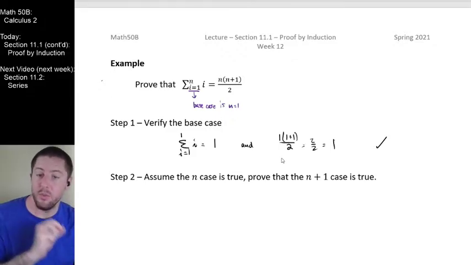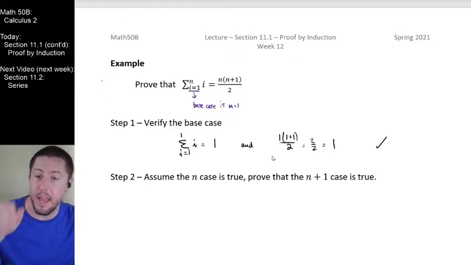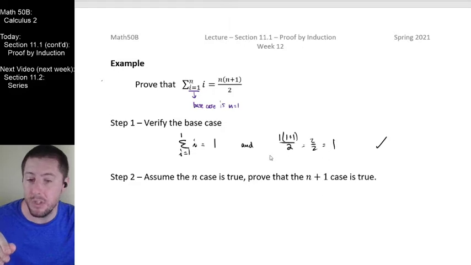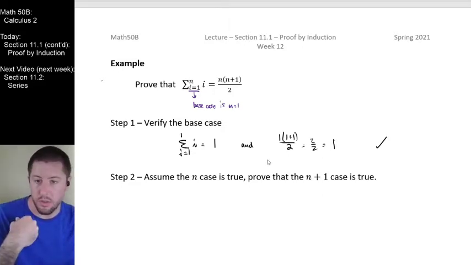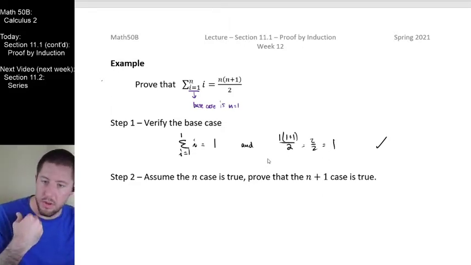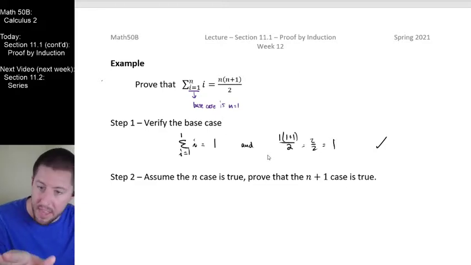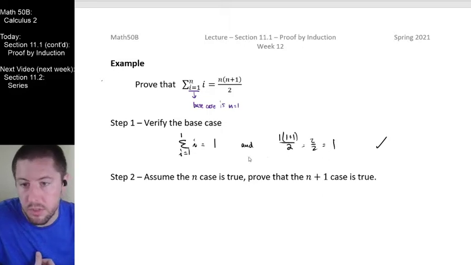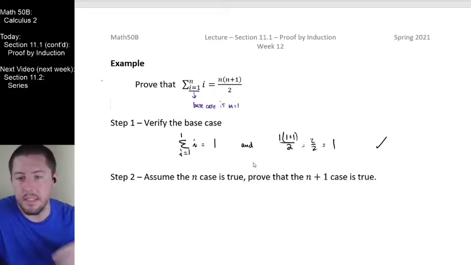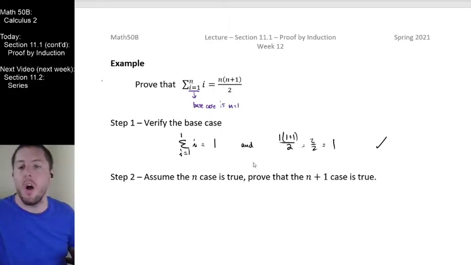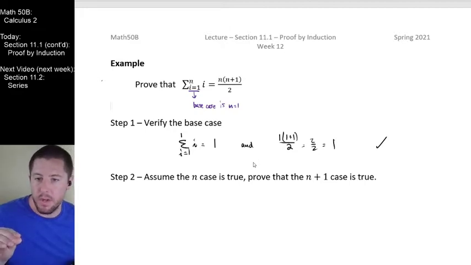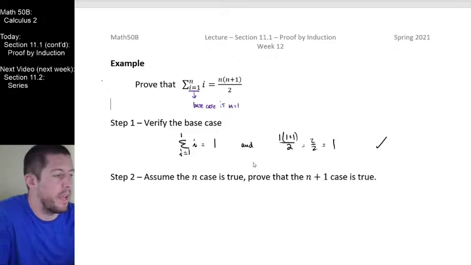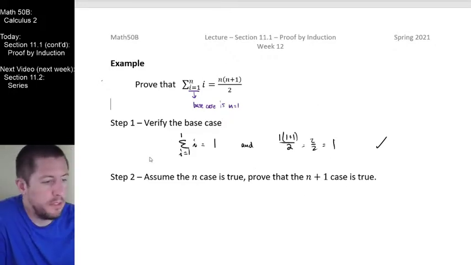So then I can reuse the inductive step to say, now I know that n equals 2 is true, I would like to use that to show that n equals 3 is true. Now that I know that n equals 3 makes it a true statement, let's use that to prove that n equals 4 is a true statement. But all of those sentences that I just repeated with different numbers are the same version of: if it's true for one case, prove that it must therefore also be true for the immediately following case. So we are going to